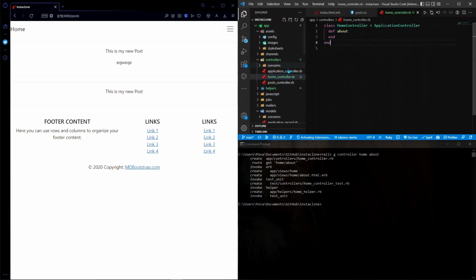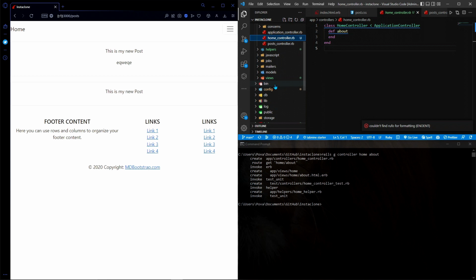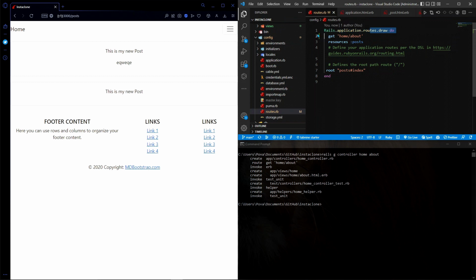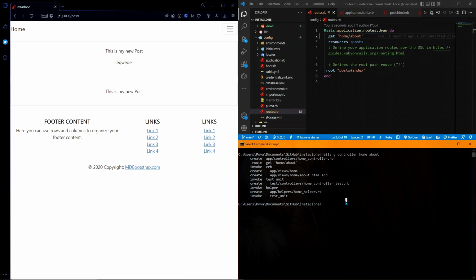So as you can see, if we come to controllers, we have a home controller and it says about. Not only did it create the controller, but it also created a view folder called home, and it also created the about.html.erb file, and then it also created a route in the routes.rb. It says get home/about. And so now if I start the rails s,